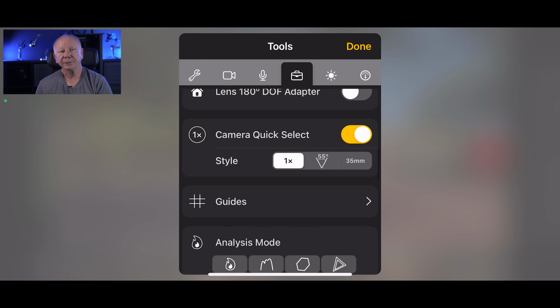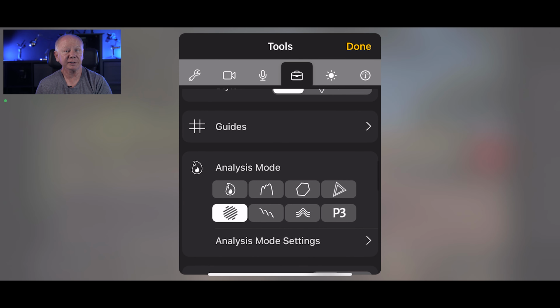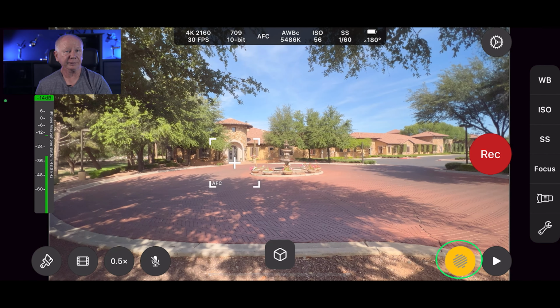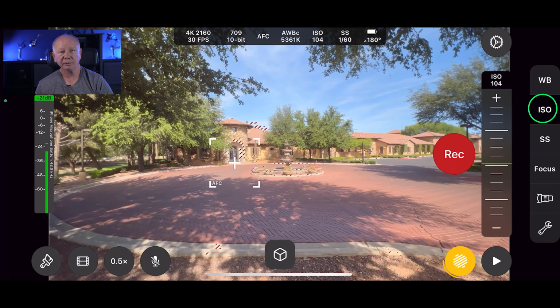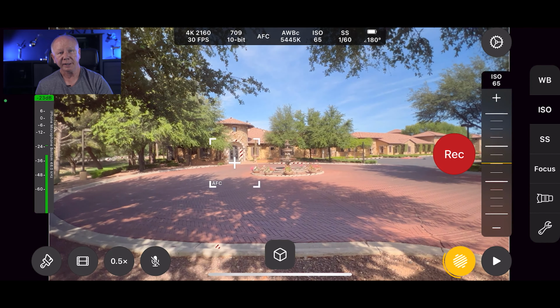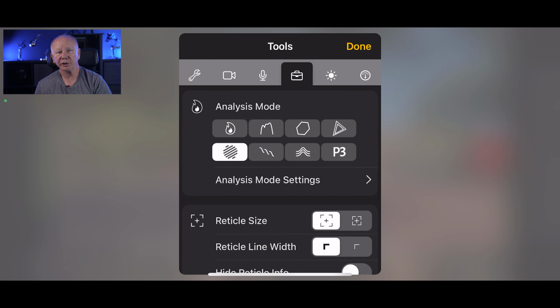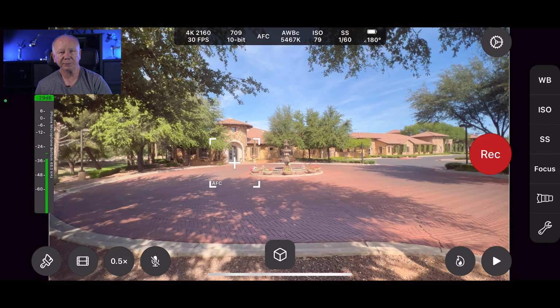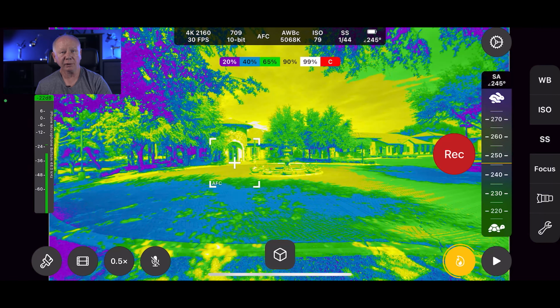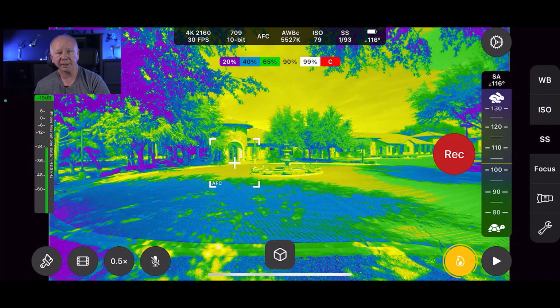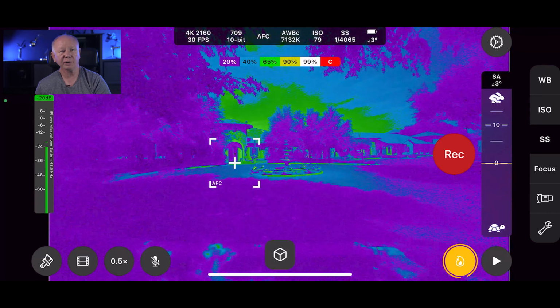In tools, we can set the analysis modes for zebras, for example. This shows up on the bottom right button. So as we adjust exposure, we'll see the zebras when we over or underexpose a scene. Or we could change the analysis mode to false color. So now when we tap this button, we get false color overlay. Here we see as we adjust the shutter angle, which also adjusts the shutter speed, the false color changes accordingly